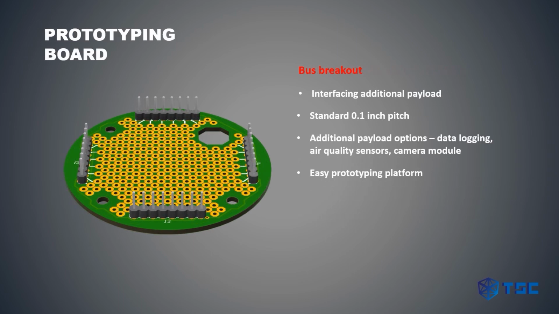The kit also includes a prototyping perforated board so you can add additional sensors if required. The board design follows conventional 2.54 mm hole spacing, so it's compatible with COTS components. For example, sensors like air quality or airspeed sensors can be added, or even an external data logging memory.